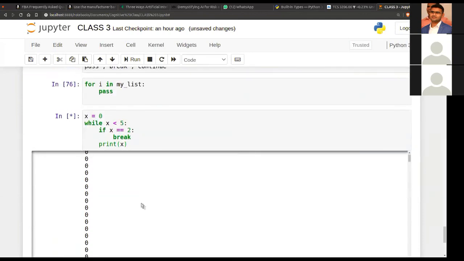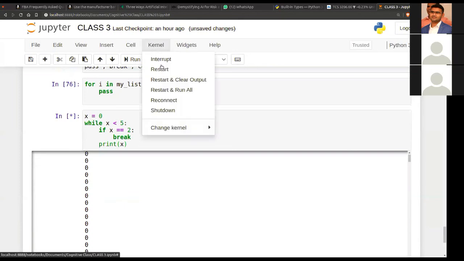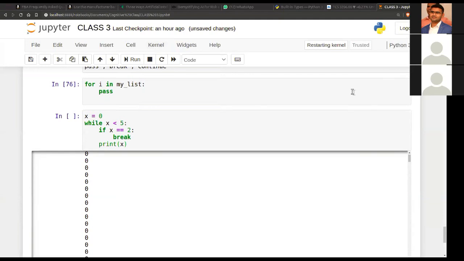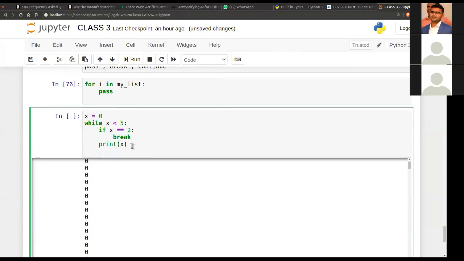As you can see, I have made a mistake, and it runs infinitely. So we have to restart this. What was I supposed to do? I was supposed to write the increment statement, which I forgot, right?